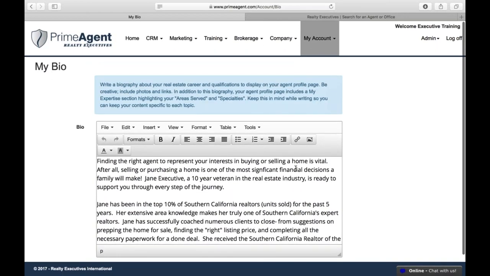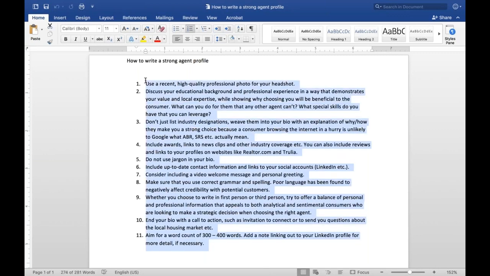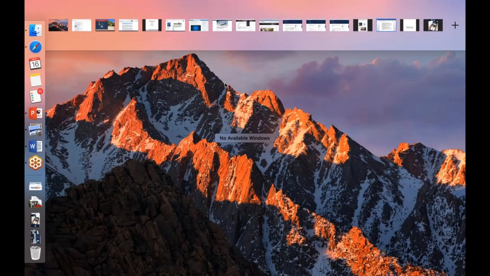here into the bio. Now, what we've done is I've put together just a quick how-to guide. It's just 11 steps here that you can use to fine-tune your profile. So maybe you already have one created, but now you want to take it to the next level and you want to see how can you optimize your profile. So we'll make sure you all get a copy of these tips and tricks to help optimize your profile. And then there's so many other guides that I'm going to give you for Zillow and Realtor and Trulia. So a combination of all those tips is going to really help you get a great profile across all of